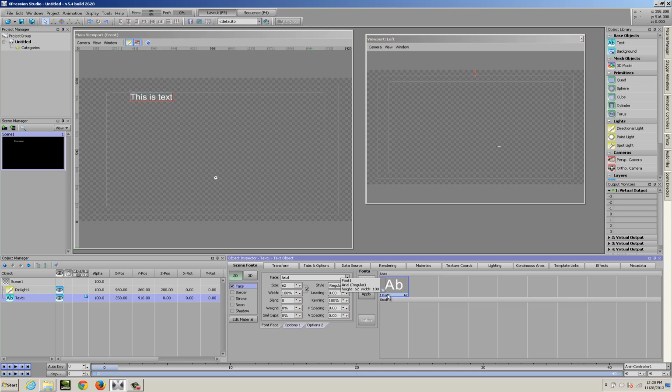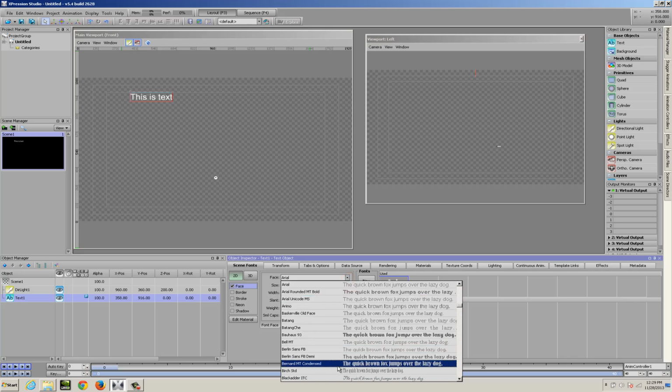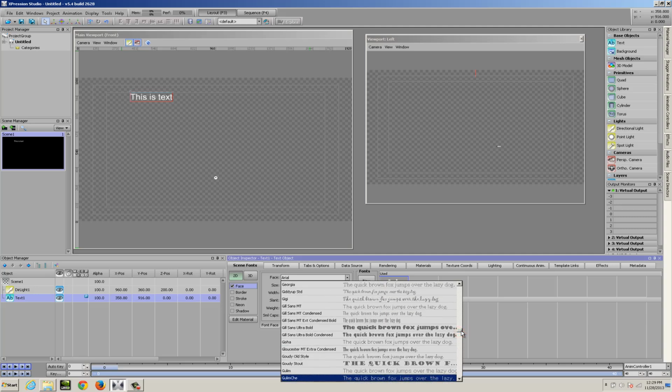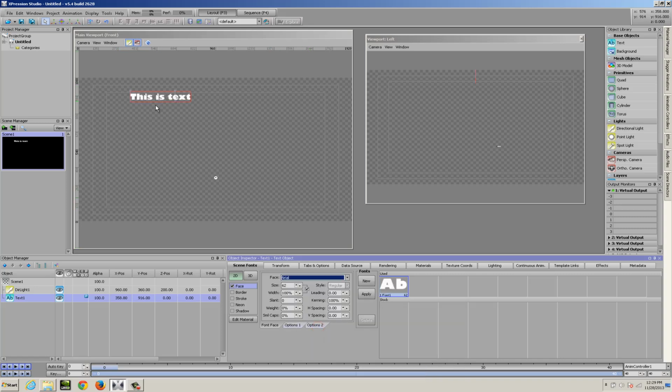Now, what is Font1? Font1 is really a custom font style that you create in Expression. Any font that you are working with is technically a custom font style, but it's based off of a particular font face. So in this case, it's Arial. All of the font faces available within the Windows font library can be selected from this list. And you can select whichever font you want to apply to your style. So we could select Gill Sans, for instance, right? And now we have that font face applied to this font style.